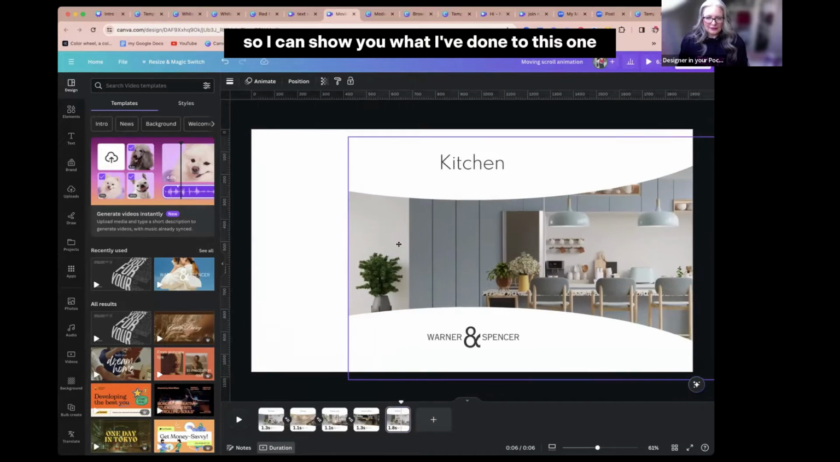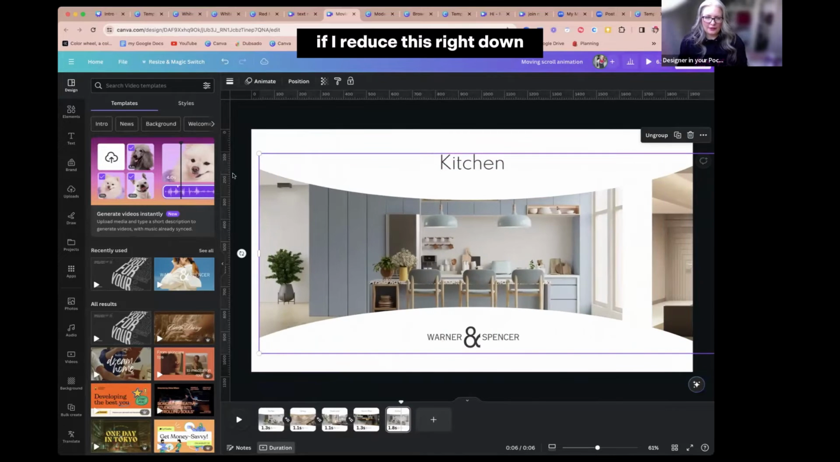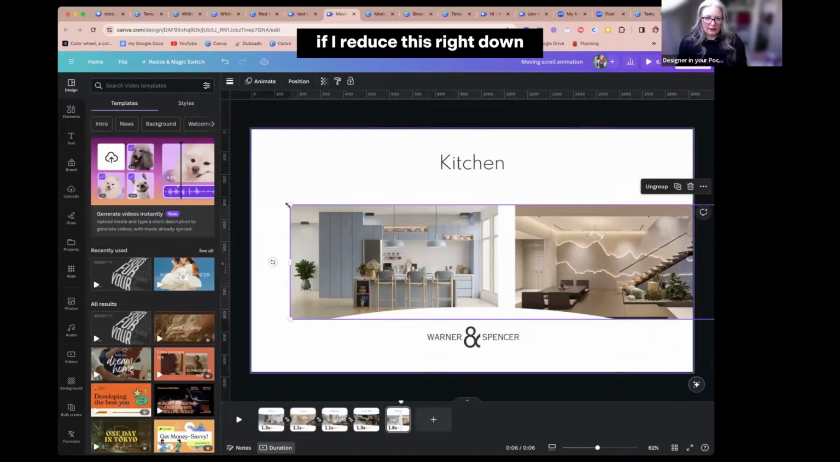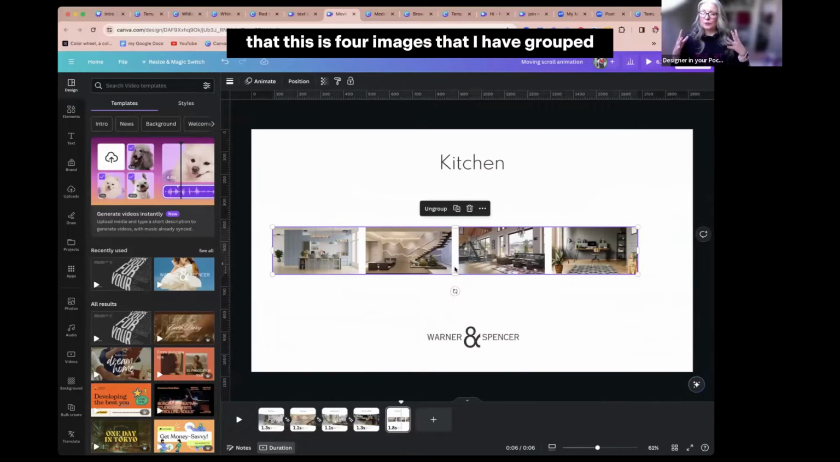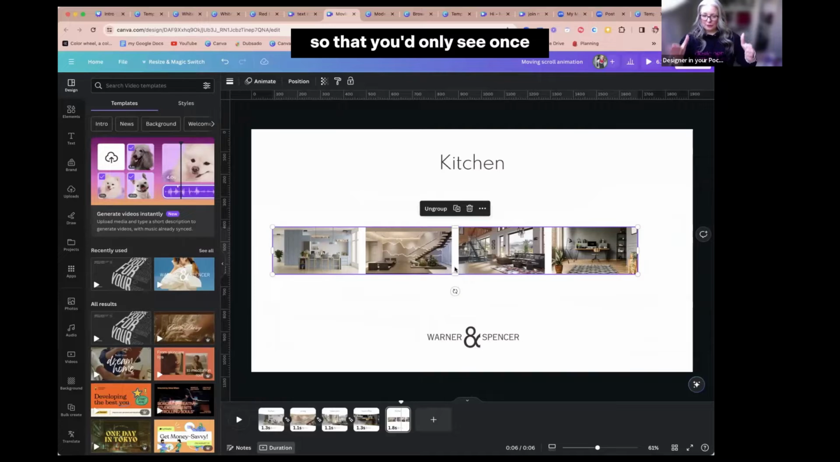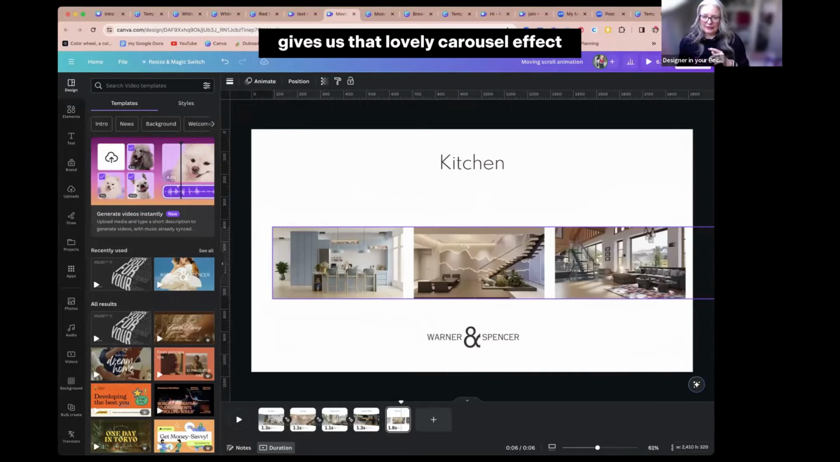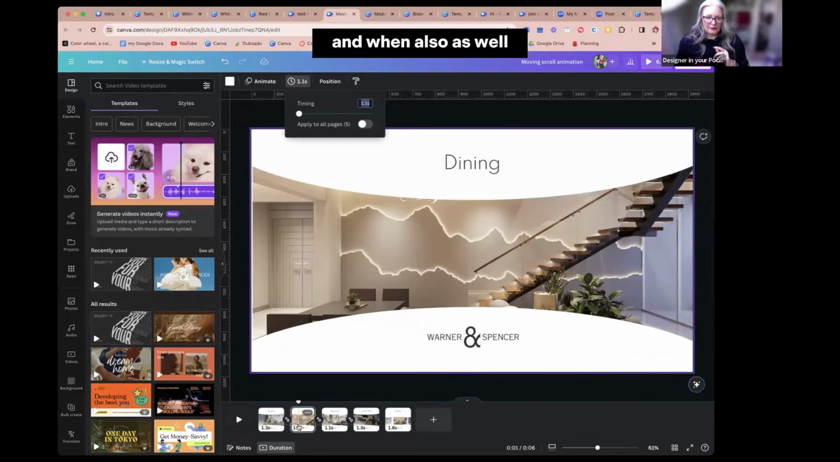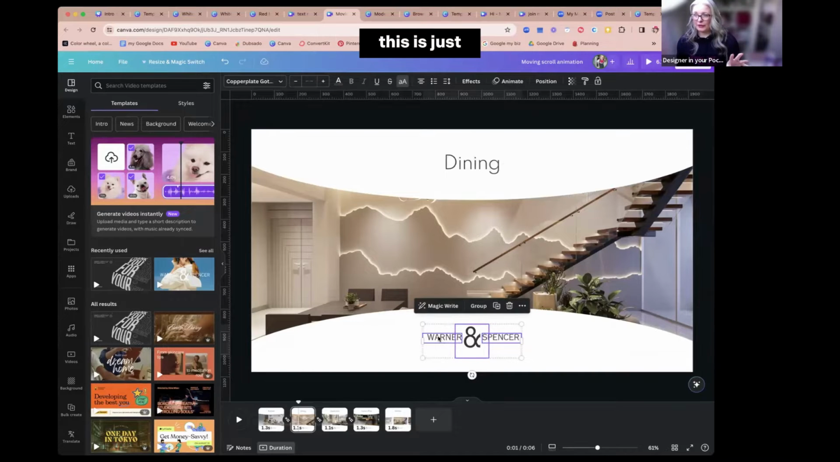And this one is actually, if I reduce this right down, you can now see that this is 4 images that I have grouped so that you only see one image at a time, which fills the screen. And then with the match and move, I then move the image along so that it gives us that lovely carousel effect. Also, this is just a logo I've taken from the Canva library just now,